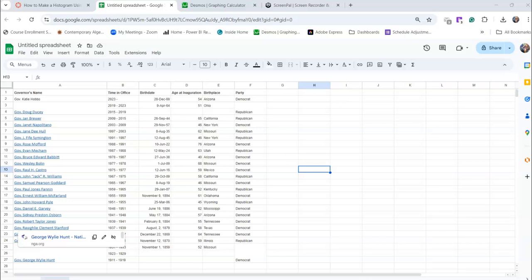In this video, we're going to create a histogram using Google Sheets. And we're going to use the governors of the state of Arizona, all of our governors that we have had previously, all up to our current governor. And again, across the top, the columns are the time in office, their birth date, their age at inauguration, their